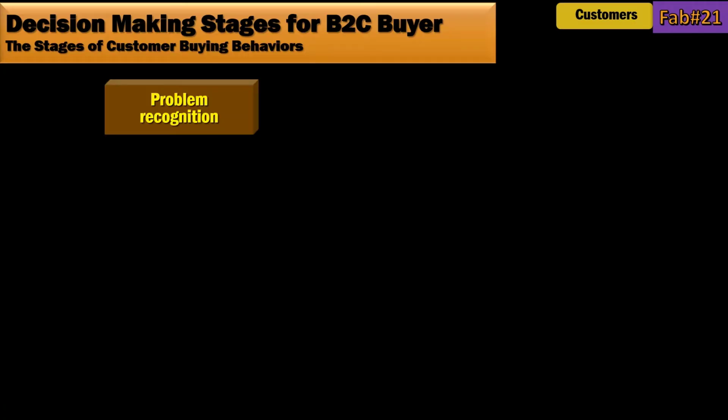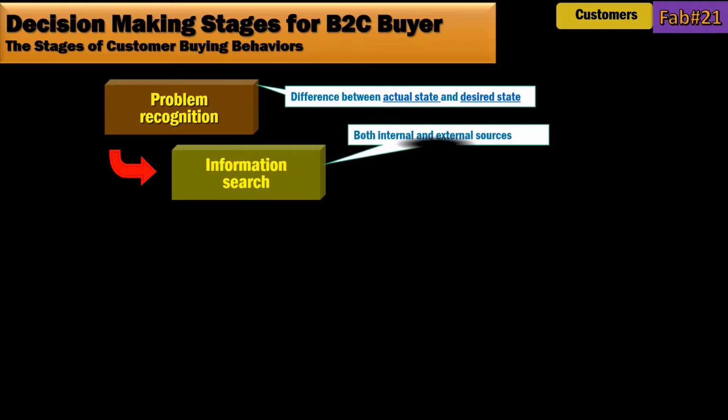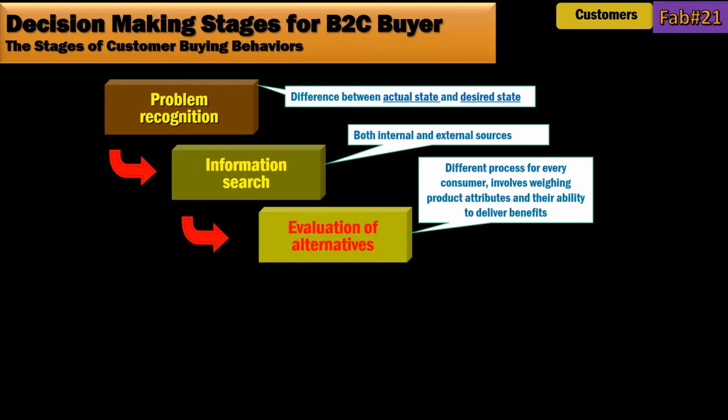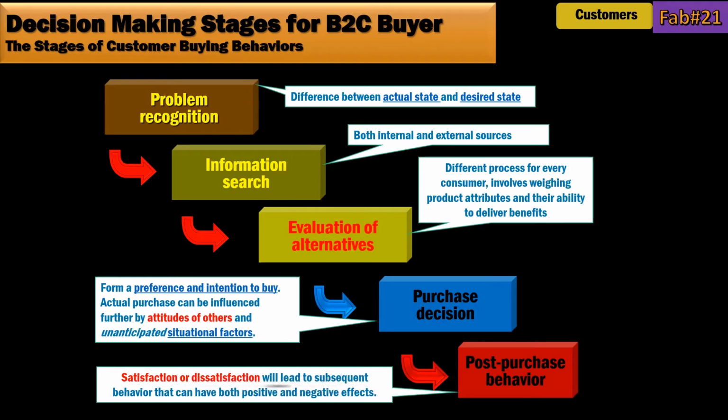Okay, so on the B2C side, this is stuff that you already know. On the B2C side, you have buyers who are going through these different steps and stages that you've talked about in marketing. So you've probably been exposed to these kinds of things. You've got some problem recognition stage that creates some information search, and they're trying to find internal and external sources. They're evaluating the different alternatives that are out there. After they evaluate those alternatives, they're going to make some kind of purchase decision, and then the purchase decision,